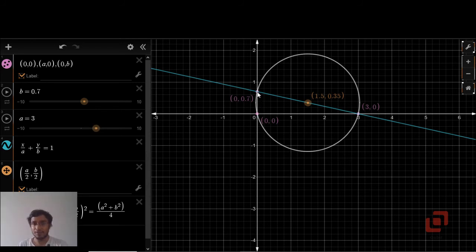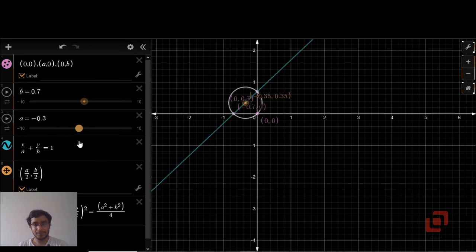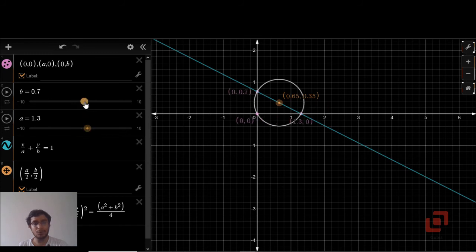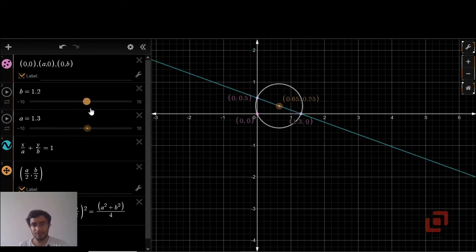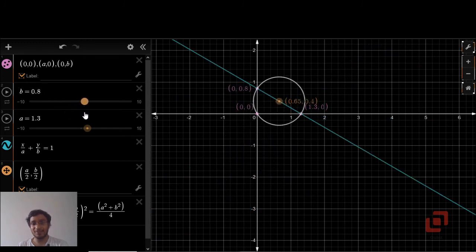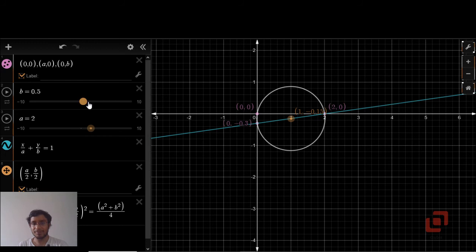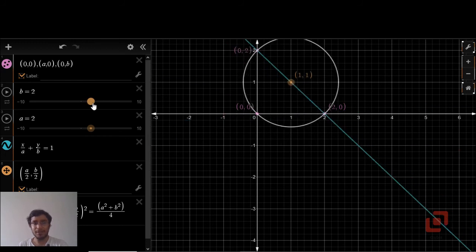Which 3? This one, (0, b), this one, (a, 0), and the origin. No matter what values a and b take, the circle is always going to pass through those 3 points. Correct? So you can now build a very nice animation and understand it better. You can always see that the x and the y axis, due to their perpendicularity, give us 2 chords of the circle only when a and b are not equal to 0.